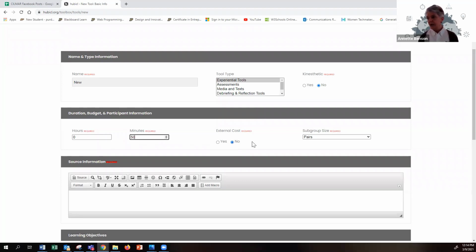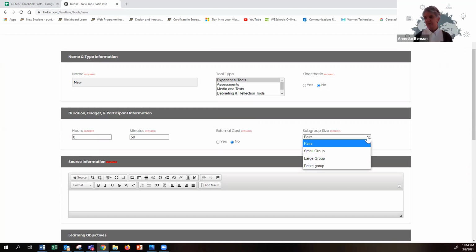Then for the subgroup size, you will choose the best option for how you would divide participants into groups for this activity. In this activity, are you going to divide people into pairs, small groups, large group, or an entire group? To be more specific, pairs, of course, is a group of 2.